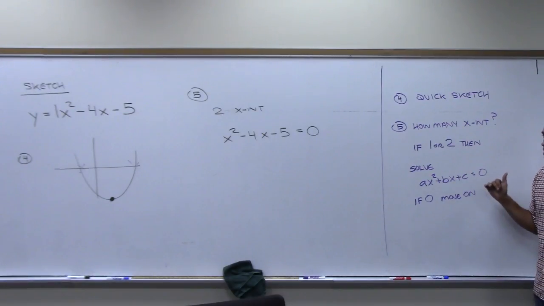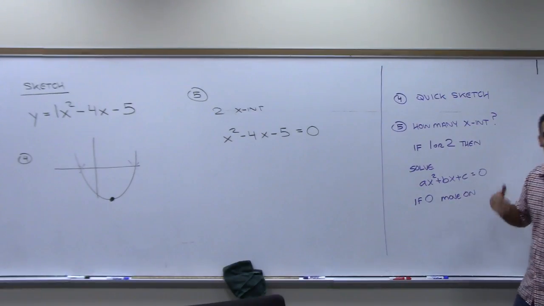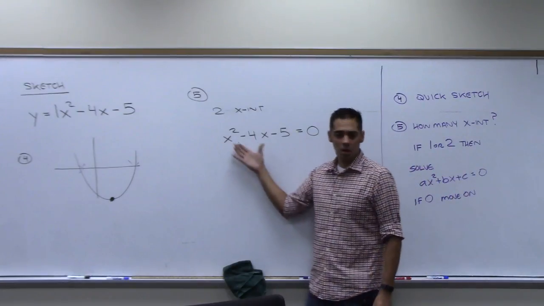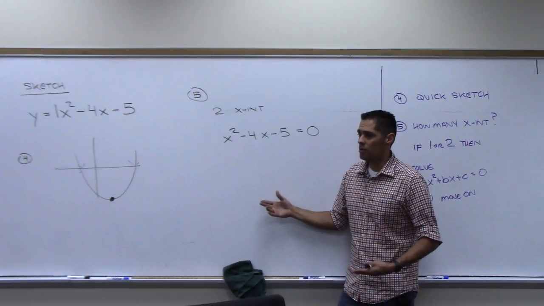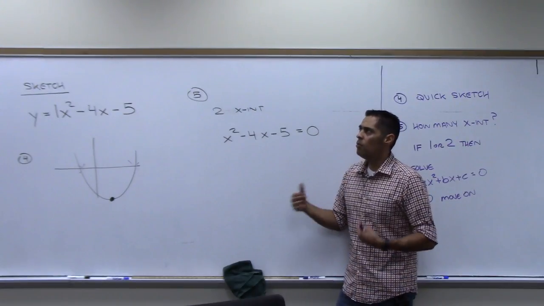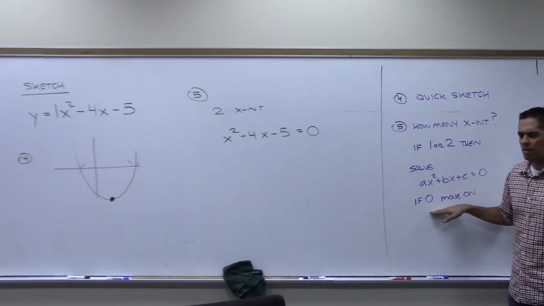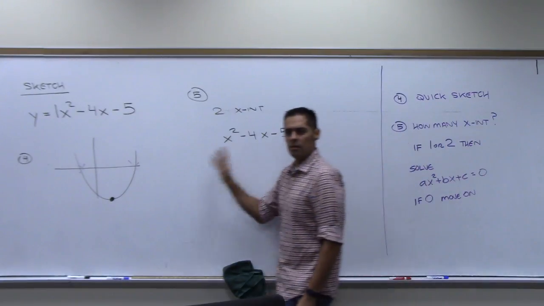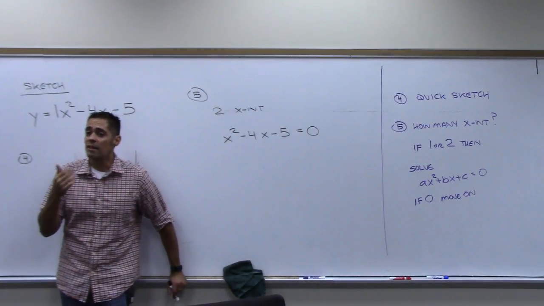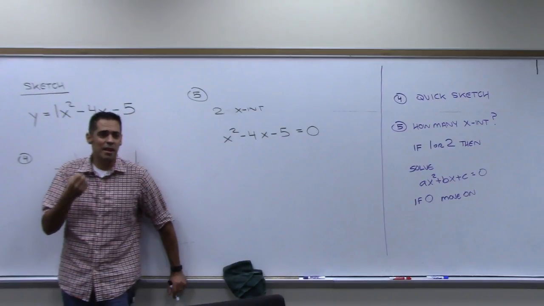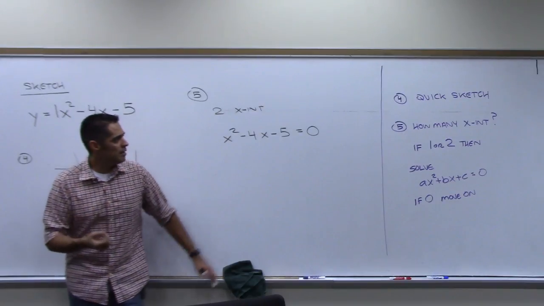Most of the time, no matter what, when they go to find the x-intercepts, they'll just set this up and solve it, and they're either going to get 2 answers, 1 answer, or no answers. How would someone who didn't do this step know that it's no answers? Guess what happens when they solve this? You get the i in there. If you get the i in there, that means you have no answers, no x-intercepts. By doing this quick sketch in this